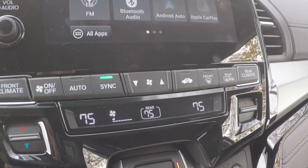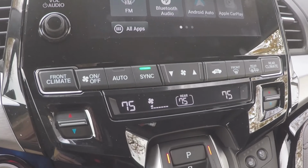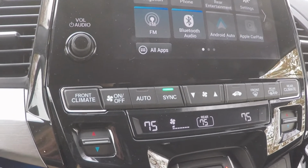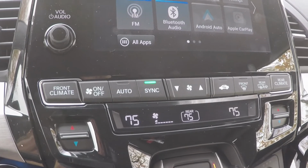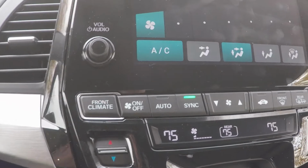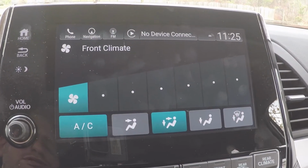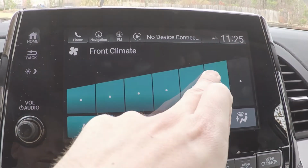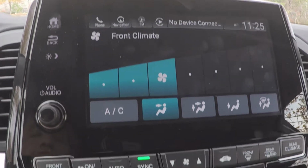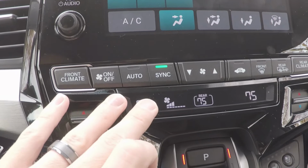For your climate control, it's all digital. It's tri-zone climate control, so you can control it up front here, and the back they have their own settings as well. It's all full controls back there, and you can lock it out up here as well. If you hit front climate here, you're going to be able to use this touch screen to control the fan speed, where you want it blowing, air conditioning on or off, and then you come over here to adjust your